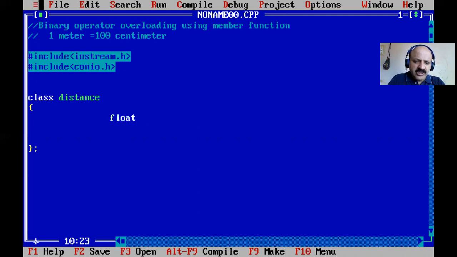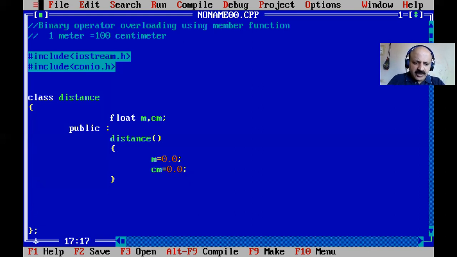We can take the float data type for meter and centimeter, m for meter and cm for centimeter, just two instance variable names. Then the public section, and then the default constructor, Distance, where we initialize m equal to 0.0 and cm equal to 0.0.